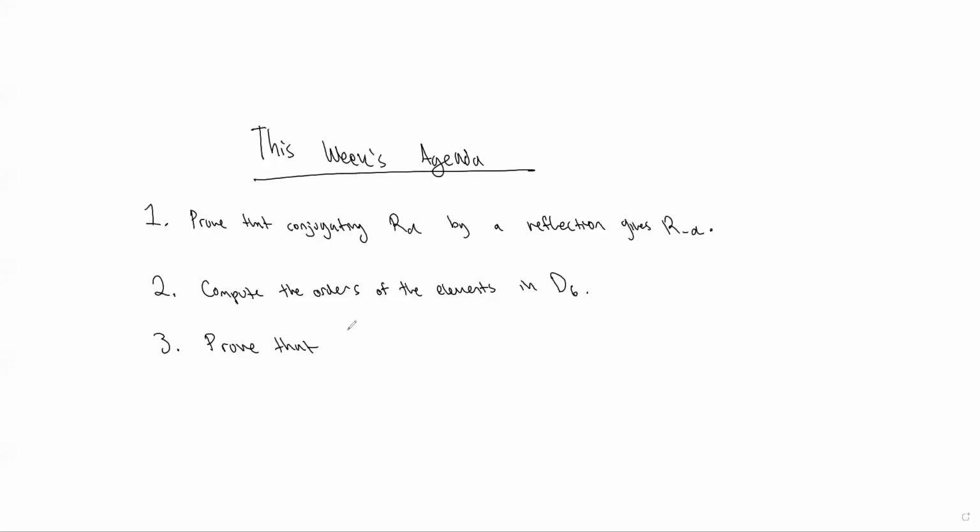Okay, so the third item is to prove that conjugation preserves order. So we want to prove that conjugate elements have the same order. And the fourth item is to prove that